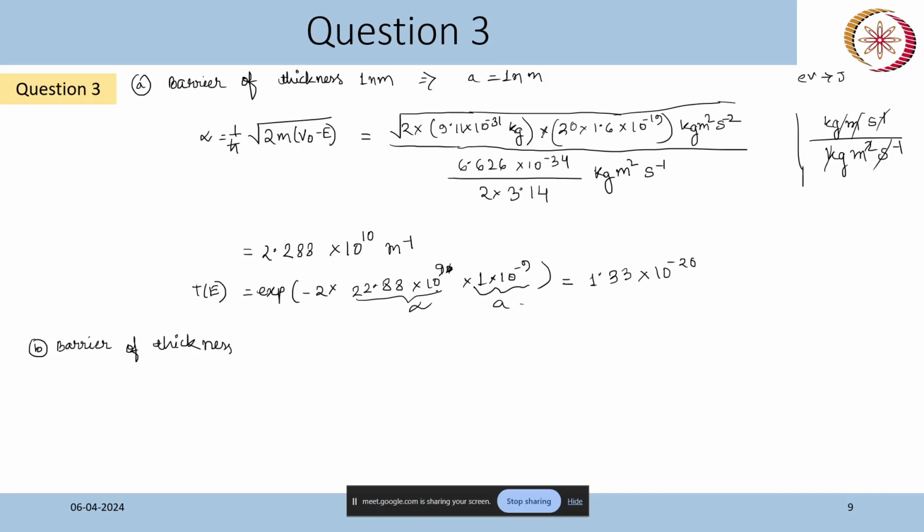So here you can see the unit is meter inverse, this is meter, so this gets cancelled, and the probability we finally got, this term, is unitless. Okay, A is equal to 0.1 into 10 to the power minus 9. So the tunneling probability will be